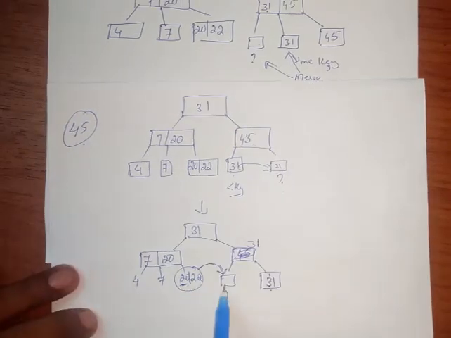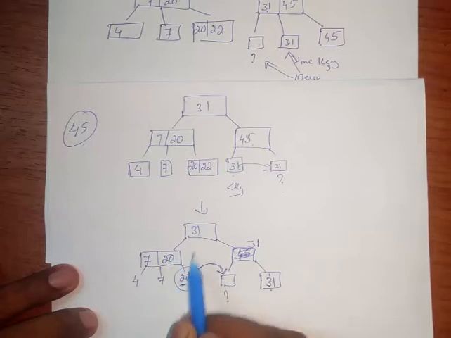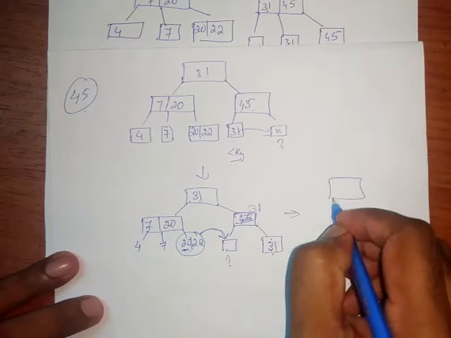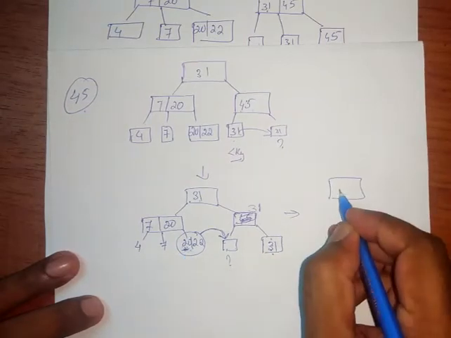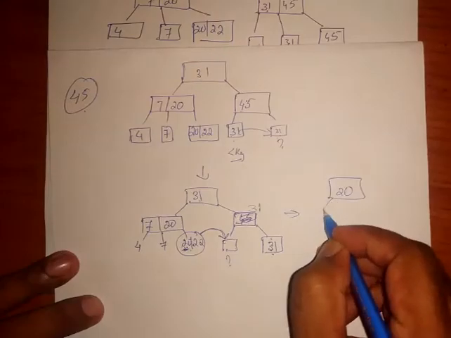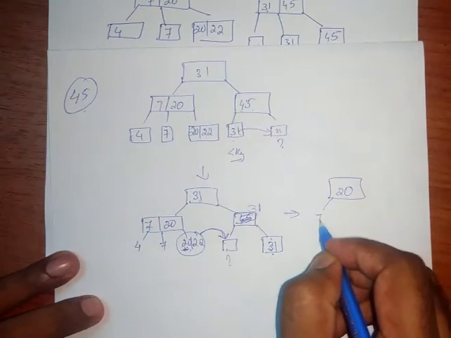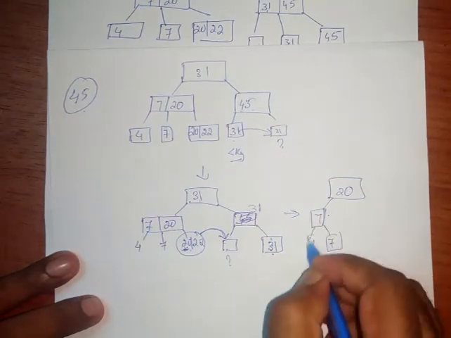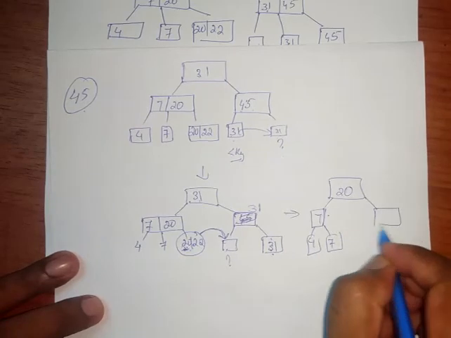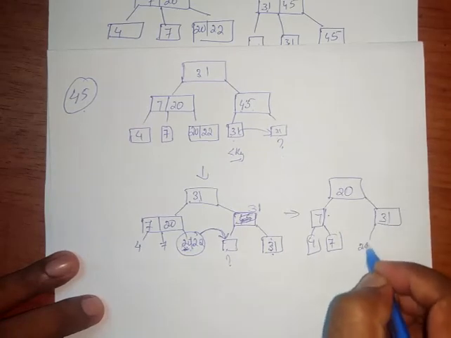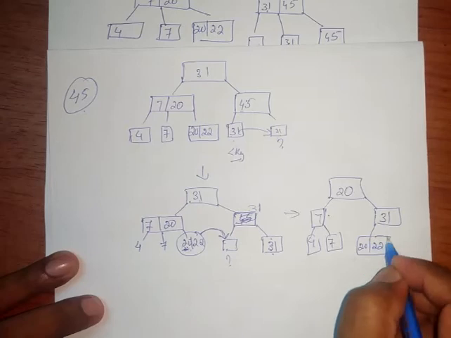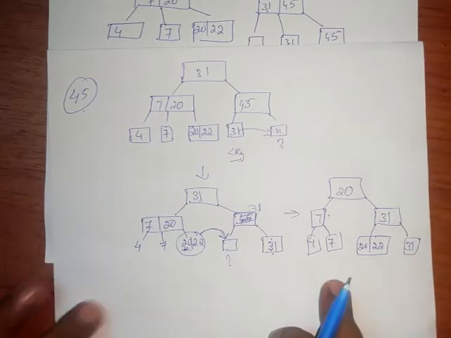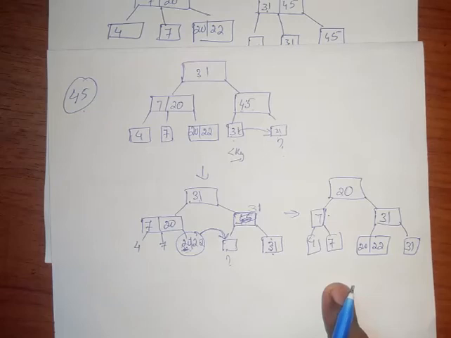If we move 20 and 22 by one step to the second sibling, or as we can say, the second cousin, then we need to replace the parent of that particular node, here 31, with the minimum value of the node we currently moved. The minimum value of the node that we currently moved is 20. So we place it as the root node. Here it is in the root node.